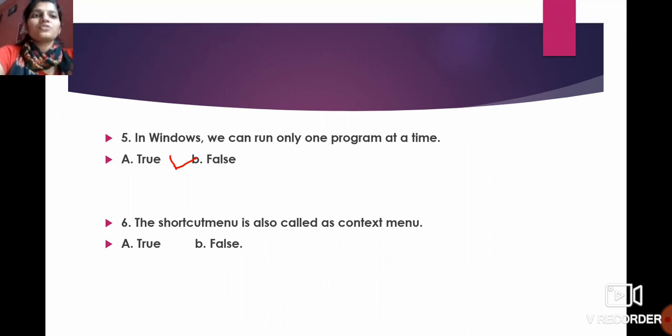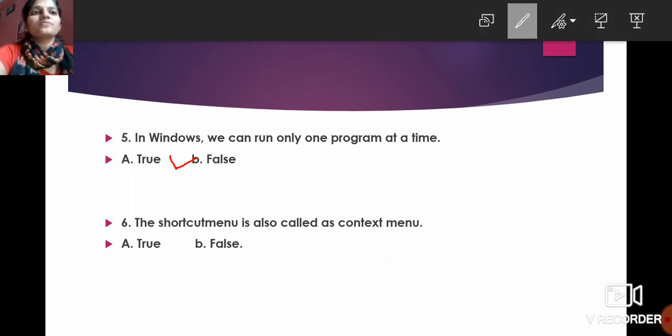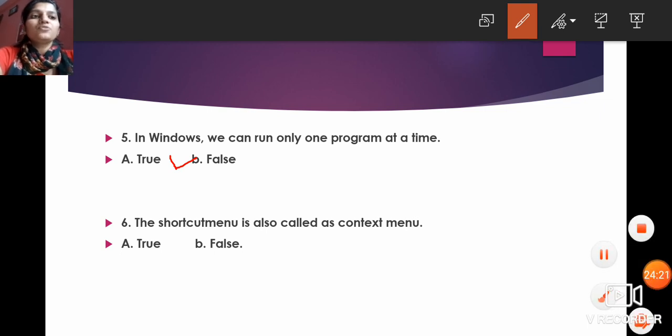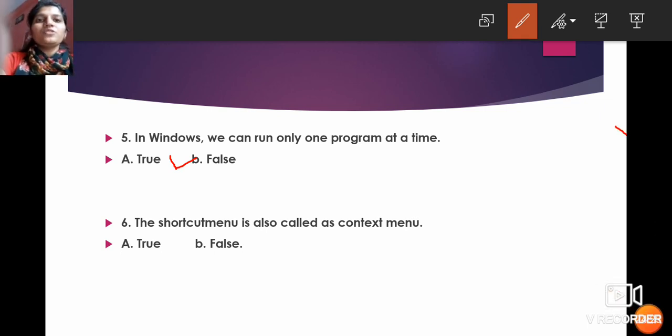So students, what do you think? What is the answer of this question? Yes, the shortcut menu is also called the context menu. So we know that the answer is true, right? Because the shortcut menu is also known as the context menu.